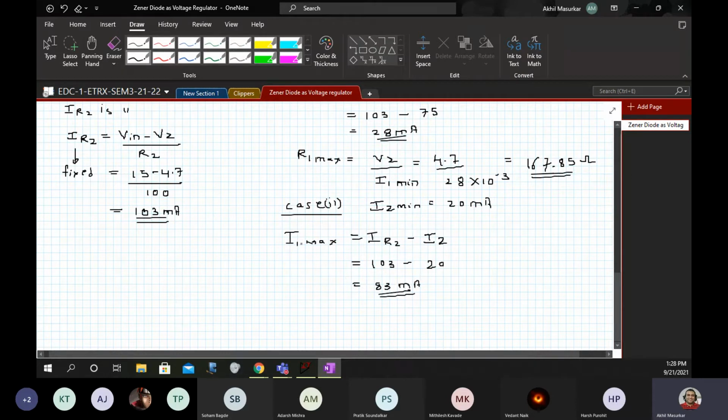And now R1, if maximum current is flowing through the load, then the load resistance value will be minimum. So that will be Vz upon I1 max. So that is 4.7 upon 83 into 10 raised to minus 3. So what is the value here?